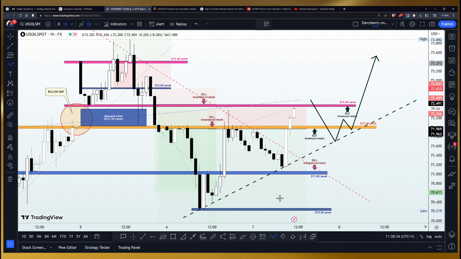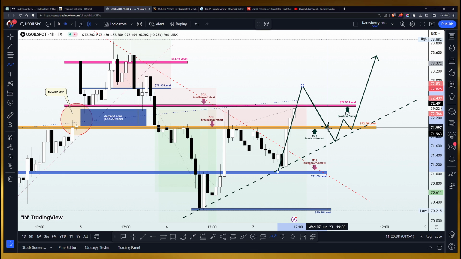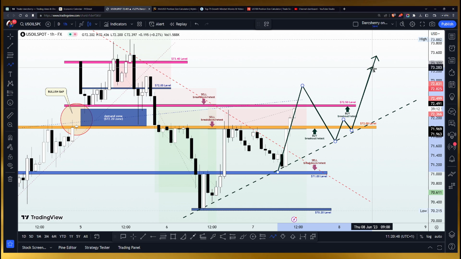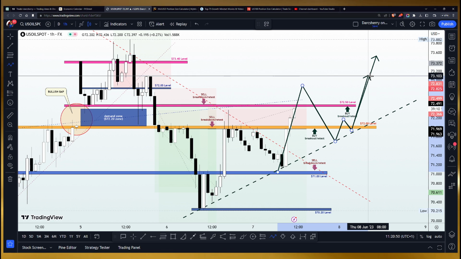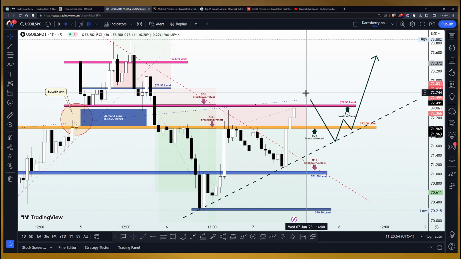So if price action climbs up and goes all the way up and it starts dropping at one point, we don't want to get worried or panic about that, as we have a buy stop along the bullish trend line, which we are also going to be using to guide further trading, further buying opportunities in this market. So let's keep this in mind while we monitor price action from this structure.